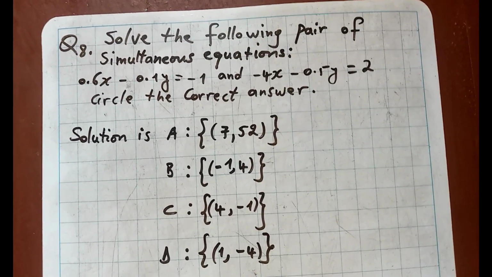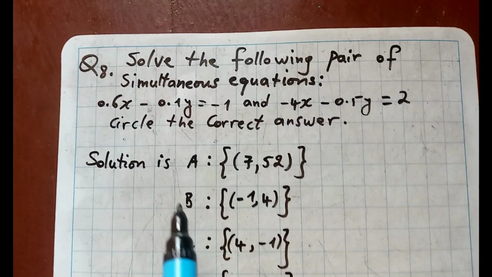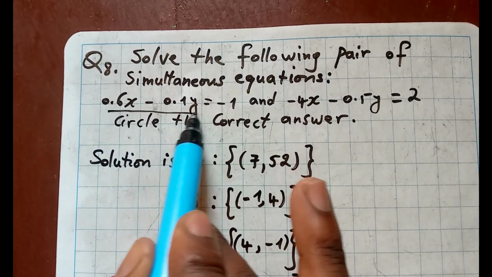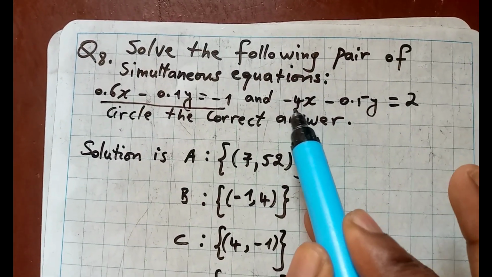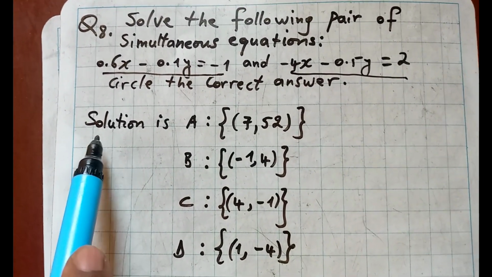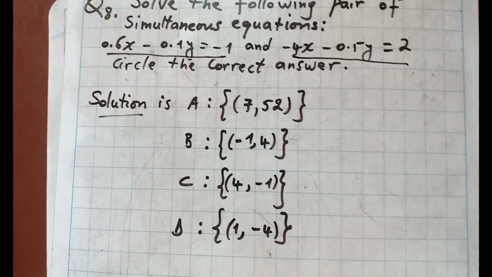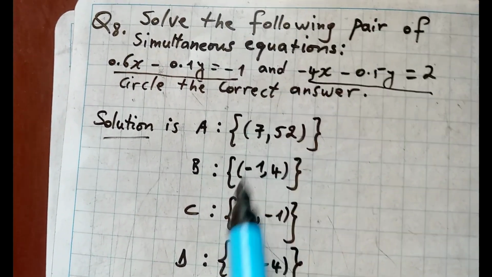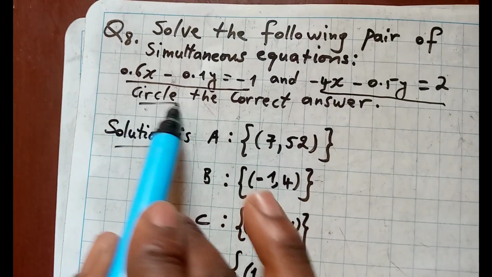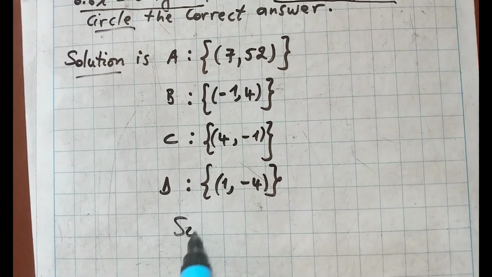Question 8. Solve the following pairs of simultaneous equations. The pairs of simultaneous equations are this one and this one. So here you have different options of answers, and we need to choose the correct answer, then we circle it, right? So as a solution here,